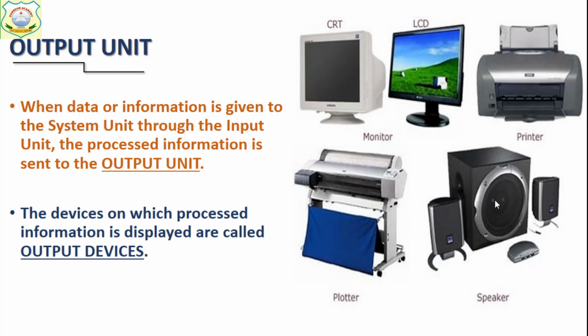As we have different input devices to enter different types of input, similarly we have different output devices to show different types of output. Each and every type of output can be shown on the monitor. If you want to listen to output in the form of audio, you can use speaker or headphone. If you want a printed copy, you can use printer. So these are the different output devices.